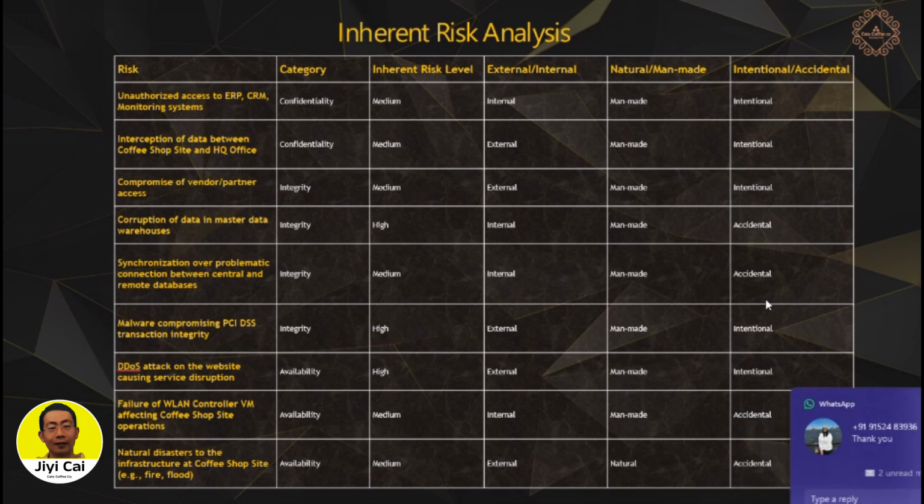The next one is synchronization over problematic connections between central and remote databases, because there are data pipelines being synced between different sites. We can see the category is integrity and the risk level is medium, and it should be an internal, man-made, accidental risk. Next one is malware compromising PCI DSS transaction integrity, because a customer probably will not only use